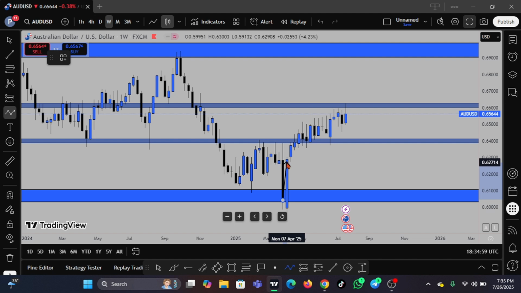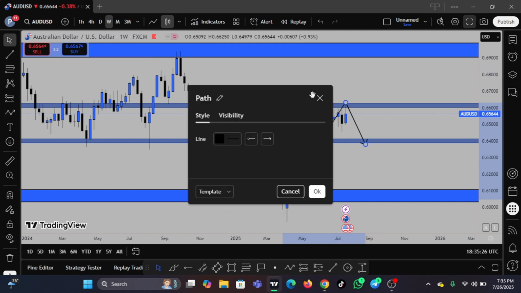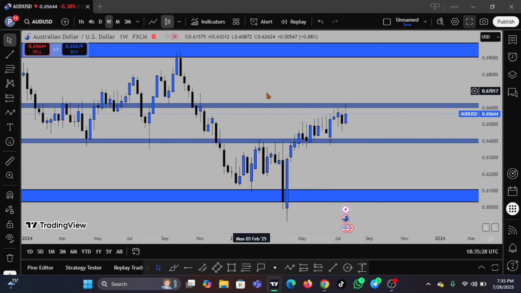Of course, if we go to the 1 hour time frame, you are going to be seeing internal structure, but I trade swing levels. So from here to this point, this is a swing low to swing high. I'm expecting a deeper retracement. If at all we still want to push up, and if not, we may drop lower. So I want to capitalize on this drop from the point where price is currently back to this level. Then when we get here, we may know what we want to do next based on how price is reacting